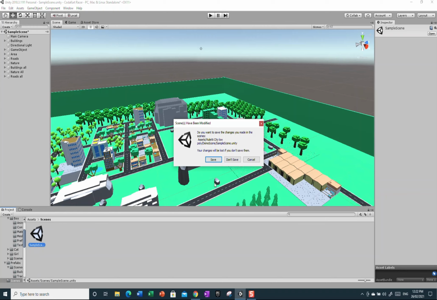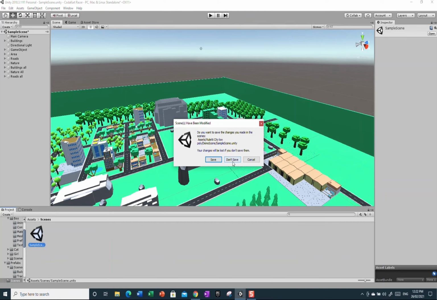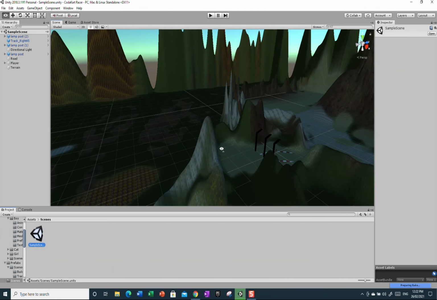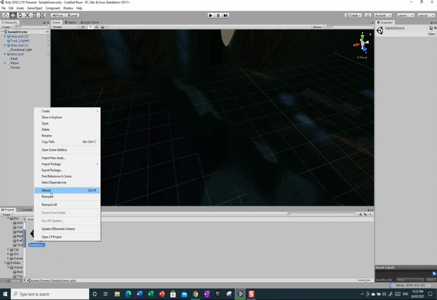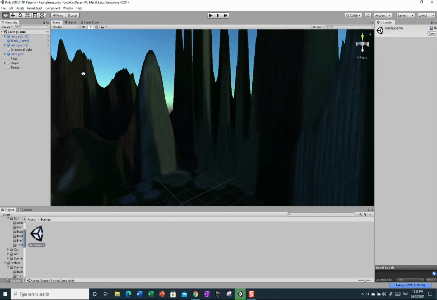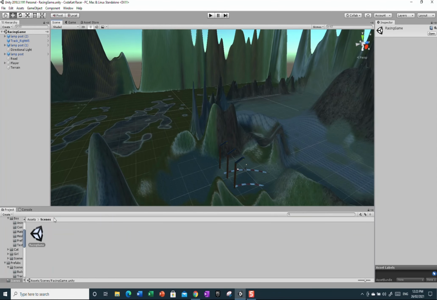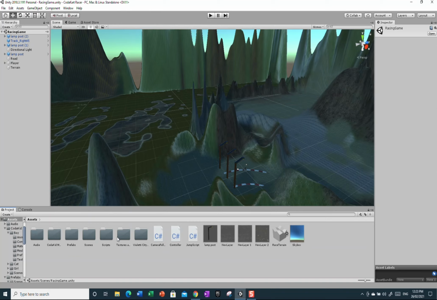But anyway, if you want to go back to your normal scene, just hit this one right here, and it says if you don't want to save it, just hit don't save, and you're back to your normal scene. And we're gonna rename our own scene. Okay guys, so right here is voiceover Aryan. We're just gonna rename our scene to racing, and then we're probably gonna write game. Make sure you write it how I spelt it, and there we go, right there. So once that happens, let's let our game bake. There we go, almost done. There we go. Alright, so what we're gonna do is go back to assets, and we're gonna go into our